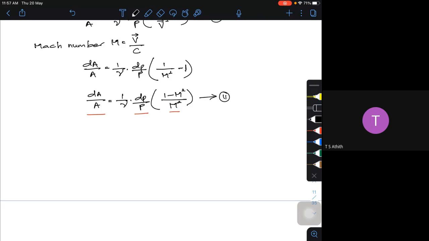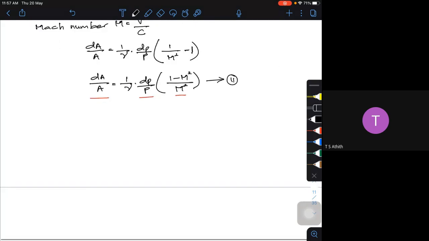Okay. See, the phenomenon is actually under the subsonic condition or supersonic condition. What is happening? That's it for a nozzle. So if I try to consider the type of flow, the first one is subsonic flow, with a Mach number less than 1. Okay, so I have two conditions.